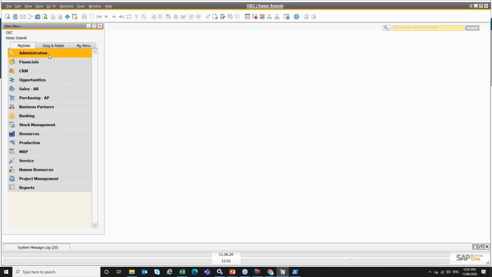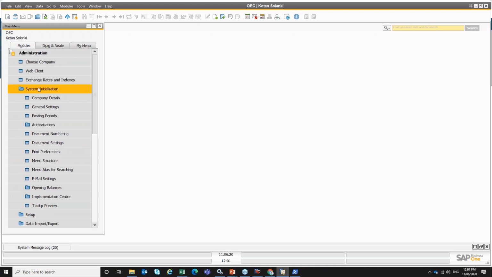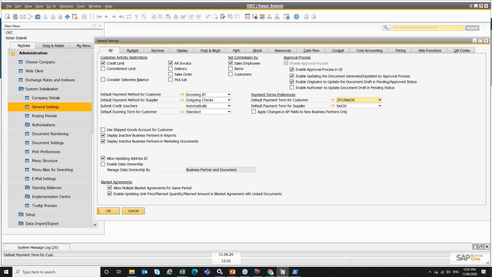Let's have a look at some other enhancements. So the approval process in SAP, everyone's aware that it has been there for a while. Over a period of time, SAP has been listening to us and enhancing it. You were able to do approvals on transactions that had already been added. Now the next